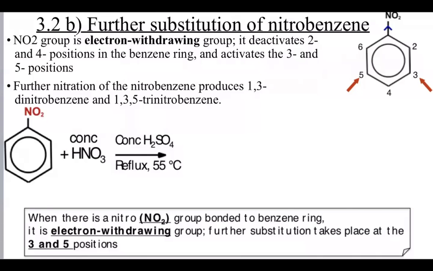Now, if you have a benzene and you want to attach a nitro group, it doesn't matter where it sits. It can sit on the top carbon, bottom carbon, left top, right top, bottom left, bottom right, it doesn't matter. But once you already have this nitro group, and the fact that it activates the 3rd and the 5th position, your incoming electrophile, which is also a nitro group,